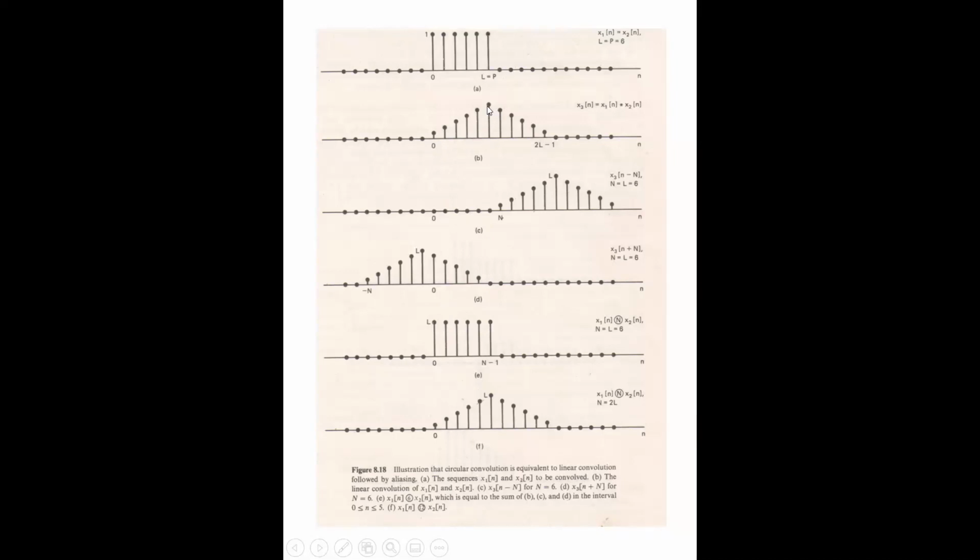However, you see that the sixth sample, which has a value equal to L, that is 6 here, is the same as the value for x3p[n]. That is, x3p[5] is the same as x3[n]. So the first 5 samples are incorrect and the sixth sample is correct. There is only one sample that is correct. Is that understood? Because that is the only sample that is not overlapping.